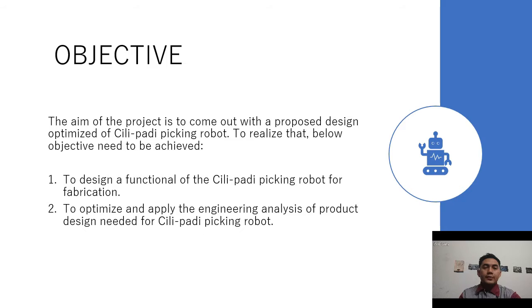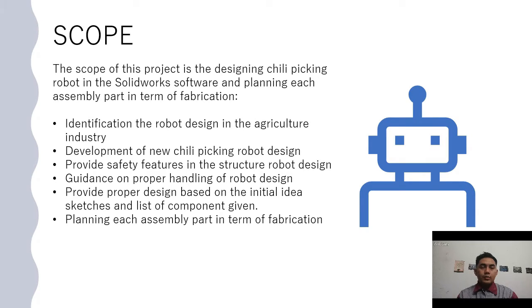There are two objectives needed to be achieved. One is to design the functional of chili paddy picking robot for the fabrication. Number two is to optimize and apply the engineering analysis of product design needed for the chili paddy picking robot. The scope of the project is to designing the chili paddy picking robot in the SolidWorks software and planning each